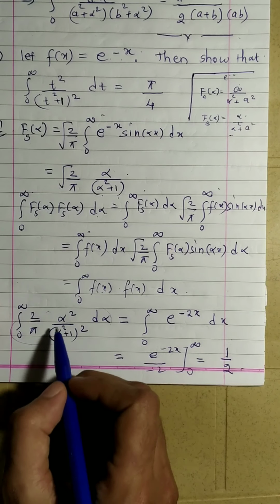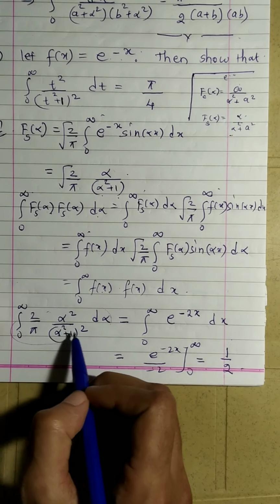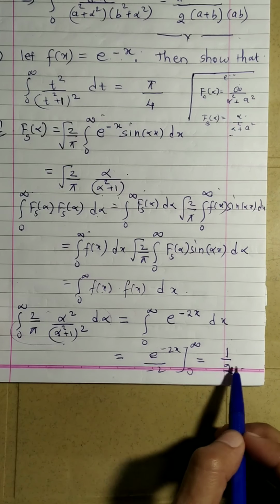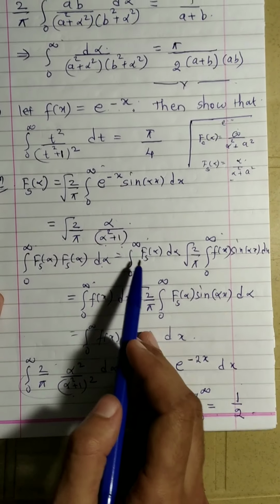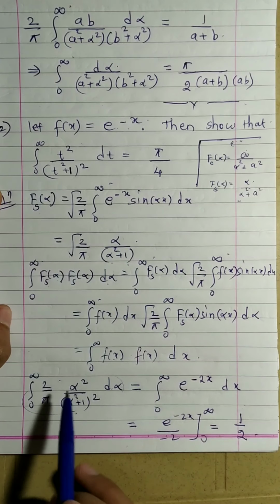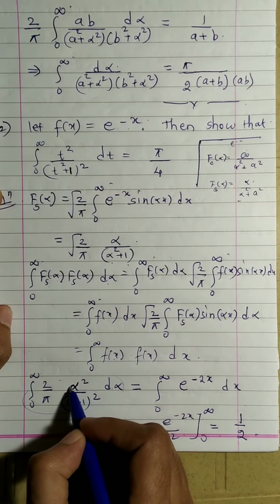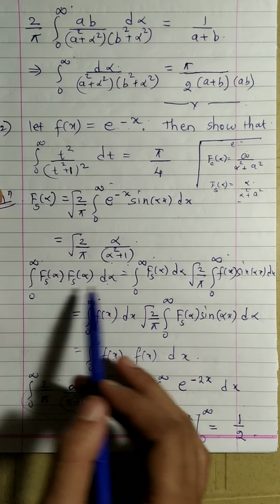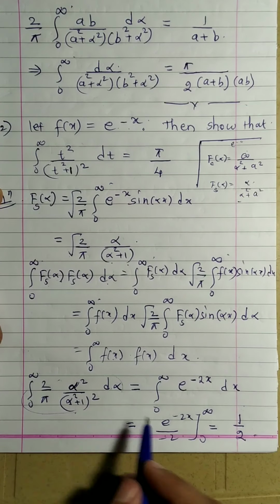And therefore the integral from 0 to infinity alpha square by alpha square plus 1 the whole square d alpha will be equal to pi by this 2. So it will be pi by 4, and hence we have evaluated the given integral. That is the variable of integration, whatever we are getting, different alpha, and here they have given it in terms of t. If you would have started with t instead of alpha, you would have got the same thing. So this is equal to this.